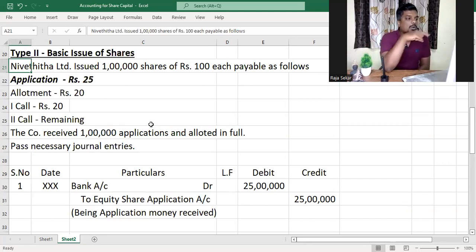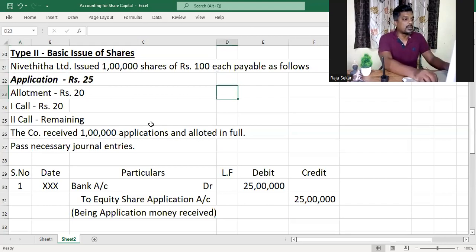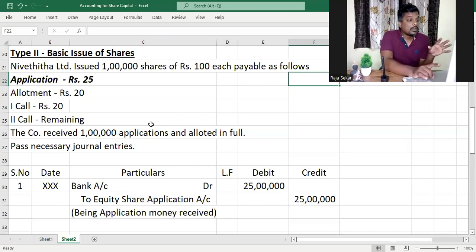You see, along with the application, they've given 25 rupees. For allotment, they've given 20 rupees. And for first call, they've given 20 rupees. But for second call, they've told remaining. What is that remaining amount? What am I supposed to subtract? What to find out? The remaining amount. Understood, my dear children? So what I have to do here is the issue price of the share, which is